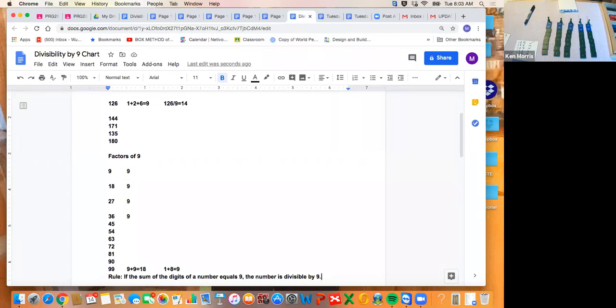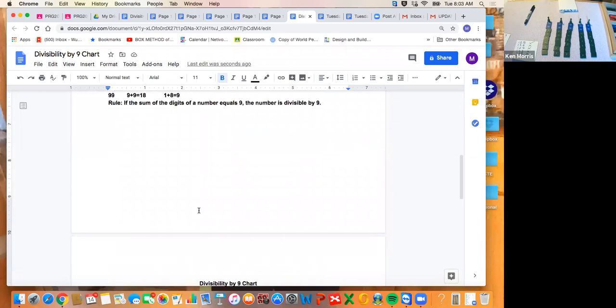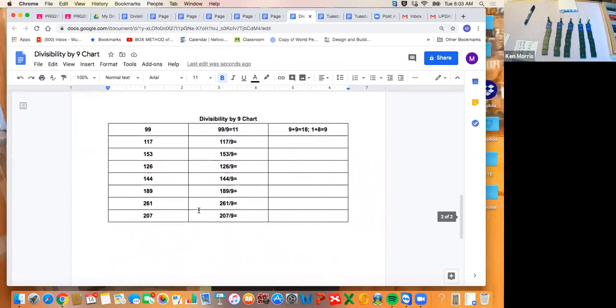As a follow-up, I will come back to this, and again, I will also post it so you'll have it. You can look back to it. As a follow-up, children, I would like you to take a look at this table right here. I have done the first example for you. Okay, and here's an example where I had to